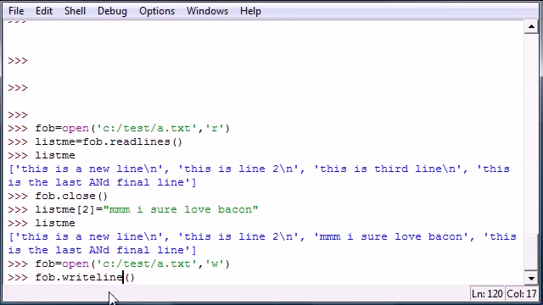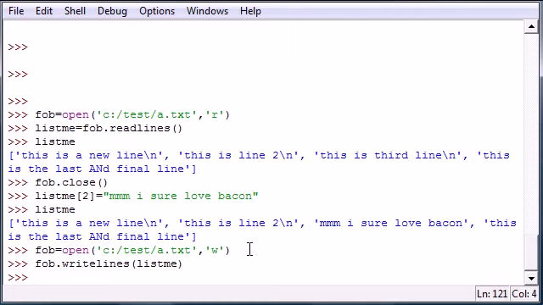Not write line. Actually, that brings me to a point. There is no write line function, because if there was, it would just be write, since that's what you're doing, writing a line. There's only a write lines function in order to write new lines. So what do we want to add as a parameter to write multiple lines? Well, all we have to do is put the name of our variable listme, since we already have a list of brand new lines. So let's press enter, and once we close this,